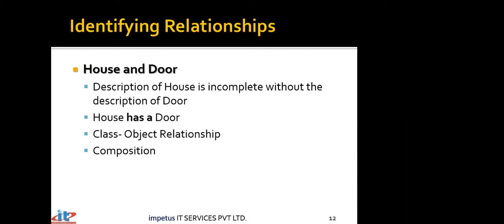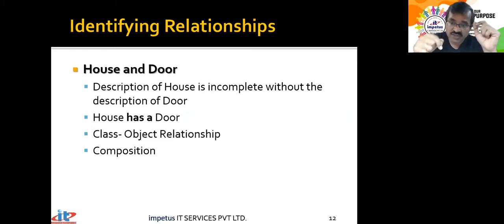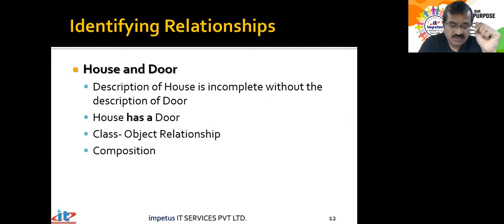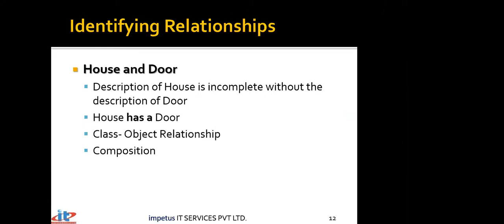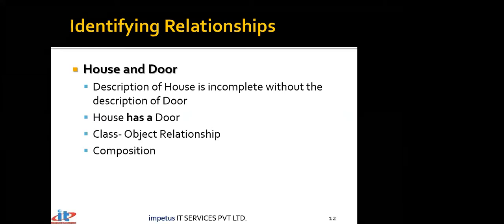Yes. House has windows, house has door. So that object of class door will be a part of house. Like object of class engine was a part of car, likewise object of class door will be a part of house. Is that okay? Object and class, a class is a completely different thing, but